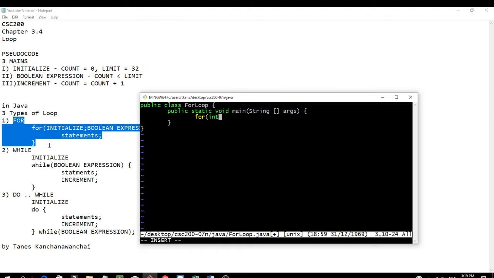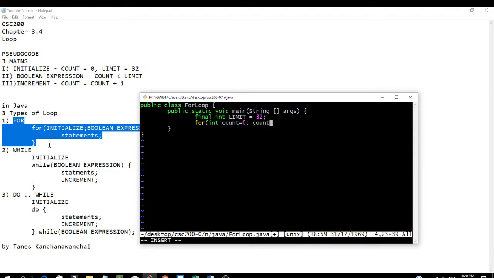Initializing int count equals 0. Now the limit is a constant, so we just want to put it outside, right? Because it's constant. So final int limit equals 32. But the key is the counter has to be initialized to 0,